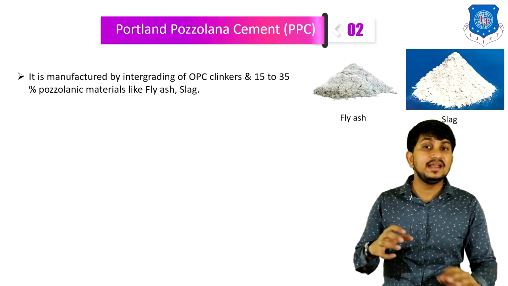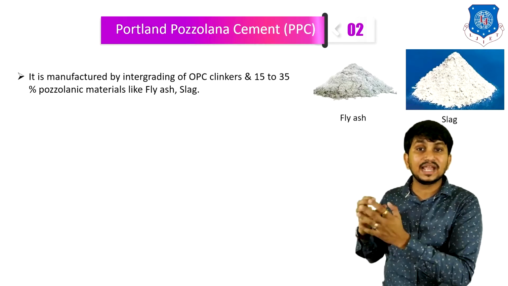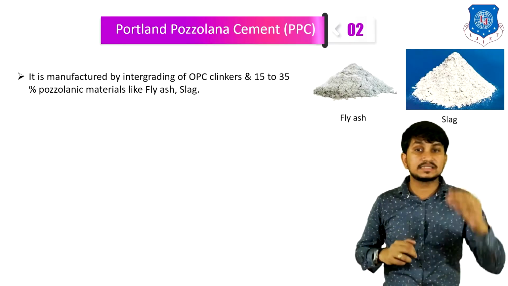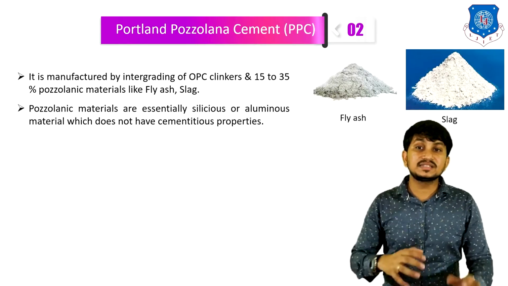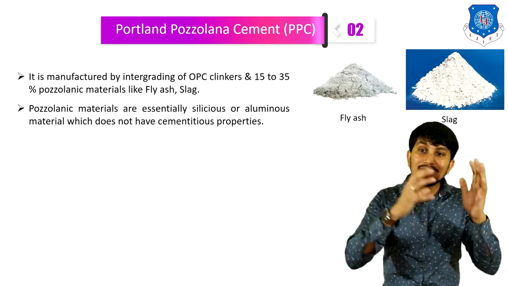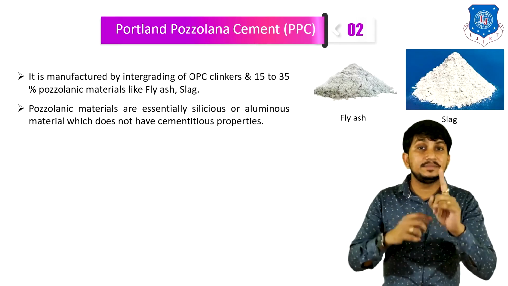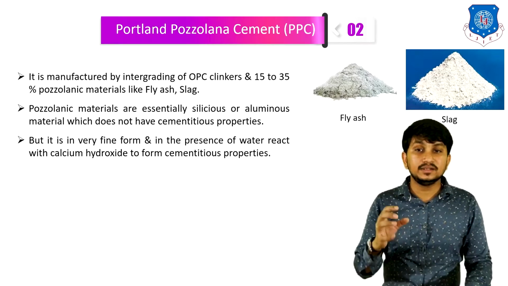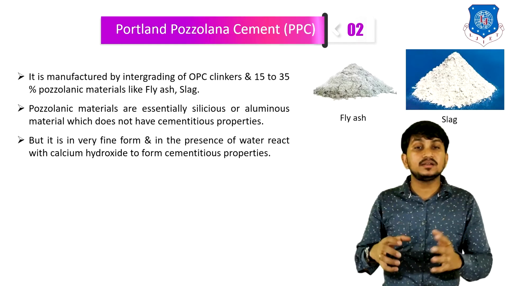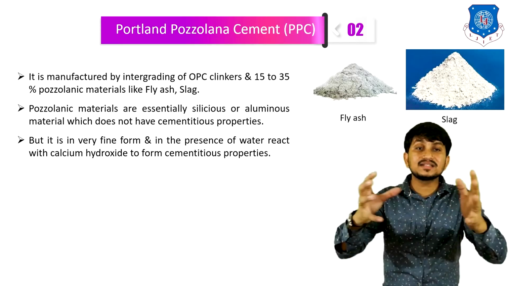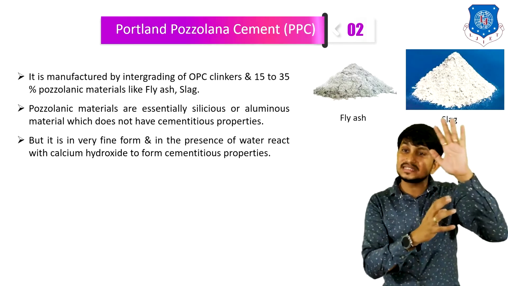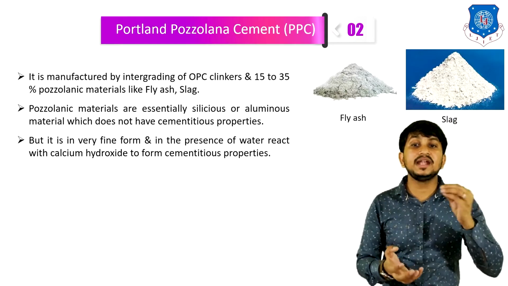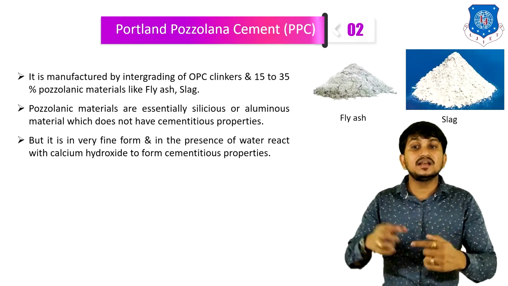Okay. It is manufactured by intergrinding of OPC clinkers and 15 to 35% of pozzolanic materials like fly ash and slag. Pozzolanic materials are essentially siliceous or aluminous material which does not have cementitious properties, but it is in very fine form and in the presence of water react with calcium hydroxide to form cementitious properties. Okay, so initially this pozzolanic material does not have cementitious property, but after adding water it reacts with calcium hydroxide